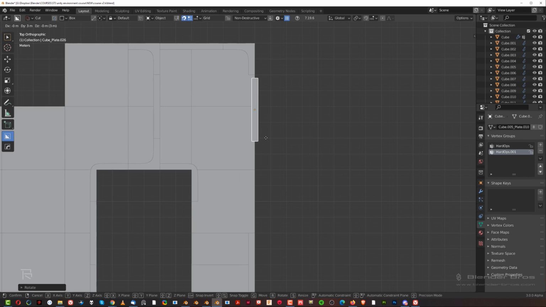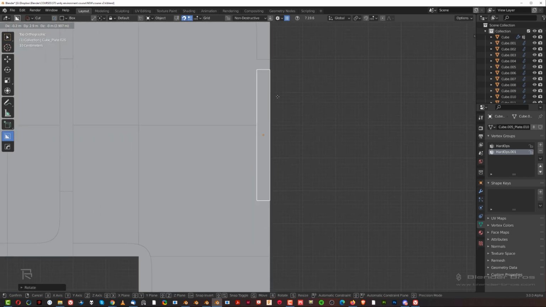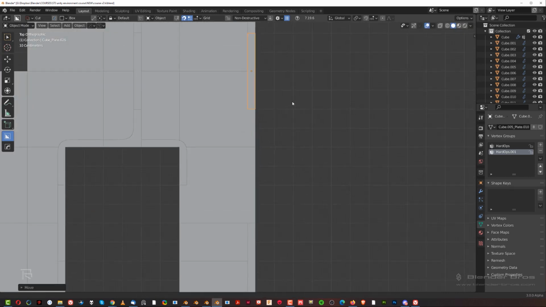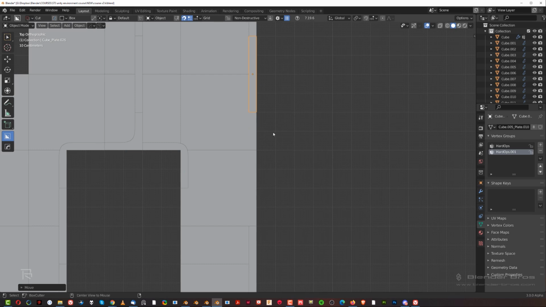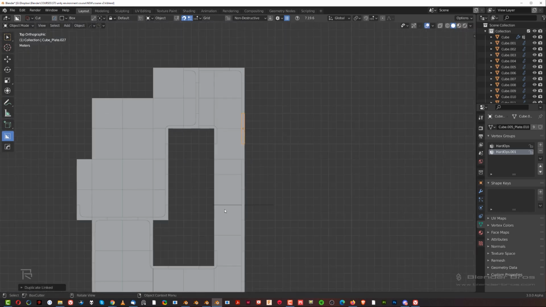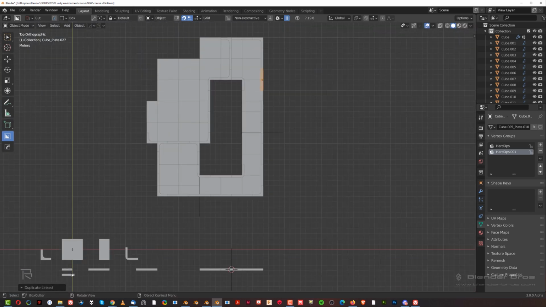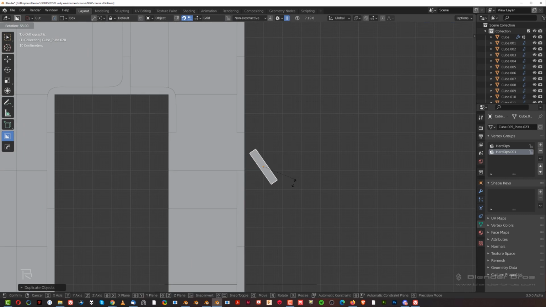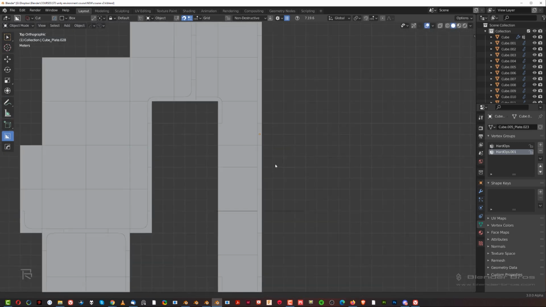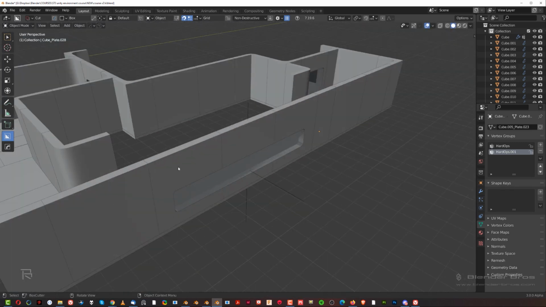So snap it here, and Alt D, and then we need a half piece, so we need this. So Shift D and R and snap it here, boom. And I think the same thing here, so